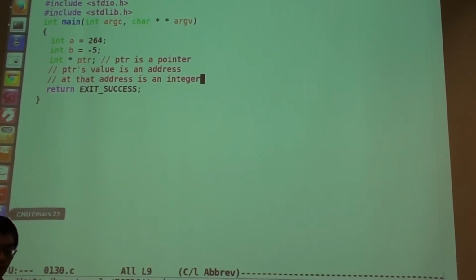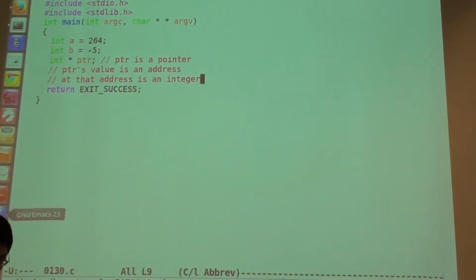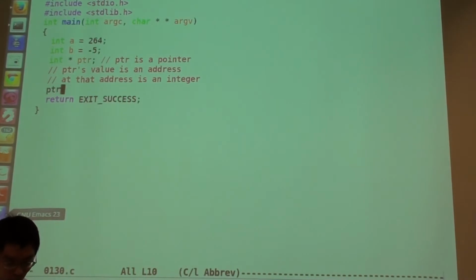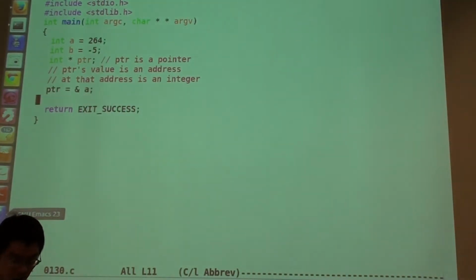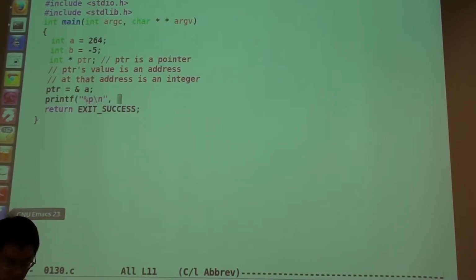Why do I know it's an integer? Because I put int in front of an asterisk. Okay, so if this is what you want to do, ampersand is Shift 7. That's the symbol. Shift 7. So if I print, I will get the